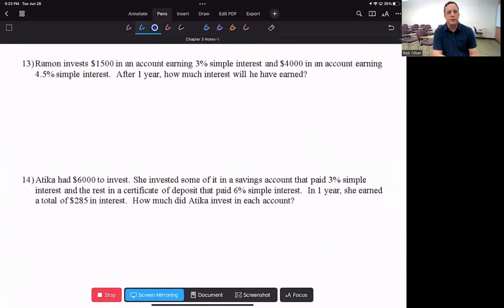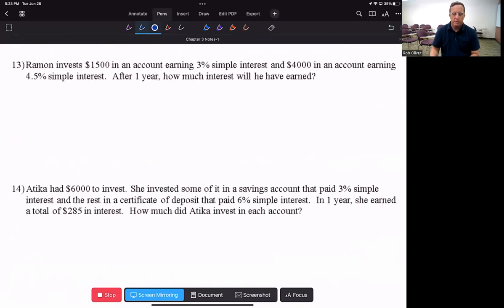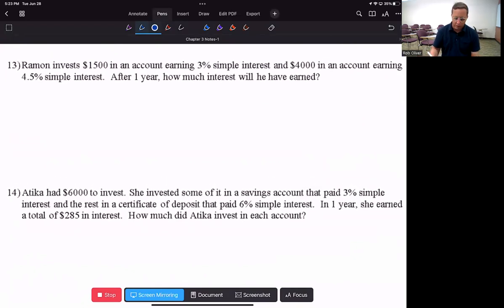All right, for number 13, Ramon invests $1,500 in an account earning 3% simple interest. Ramon has another account with $4,000 earning 4.5% interest. After 1 year, how much interest will he have earned? So we want to basically do two simple interest problems together. So we're going to do $1,500 times the rate times 1